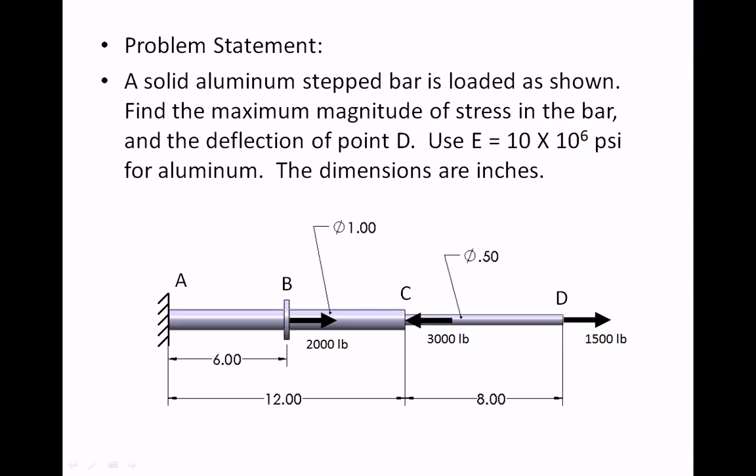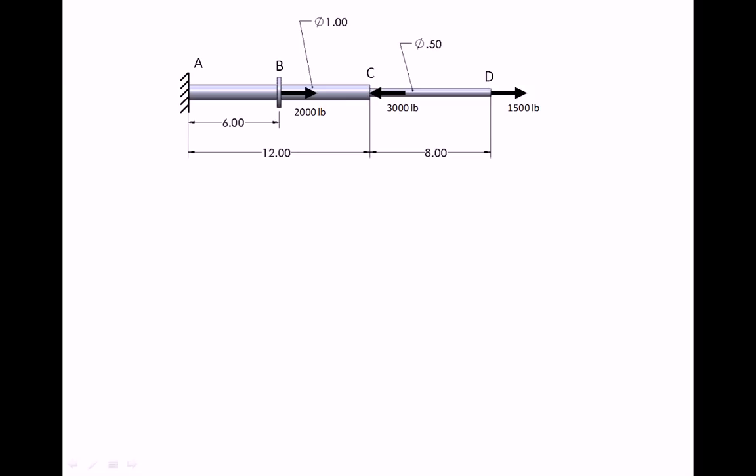One's what's the maximum stress that occurs in this bar, or more specifically, what's the maximum magnitude of stress, because we may have both tension and compression here. We're looking for the maximum magnitude. And we also want to know how much does point D deflect, that is the free end there, when this loading is applied. We're told that it's made out of aluminum, and we're given the Young's modulus of aluminum to use as 10 million psi. Well, to start out with,